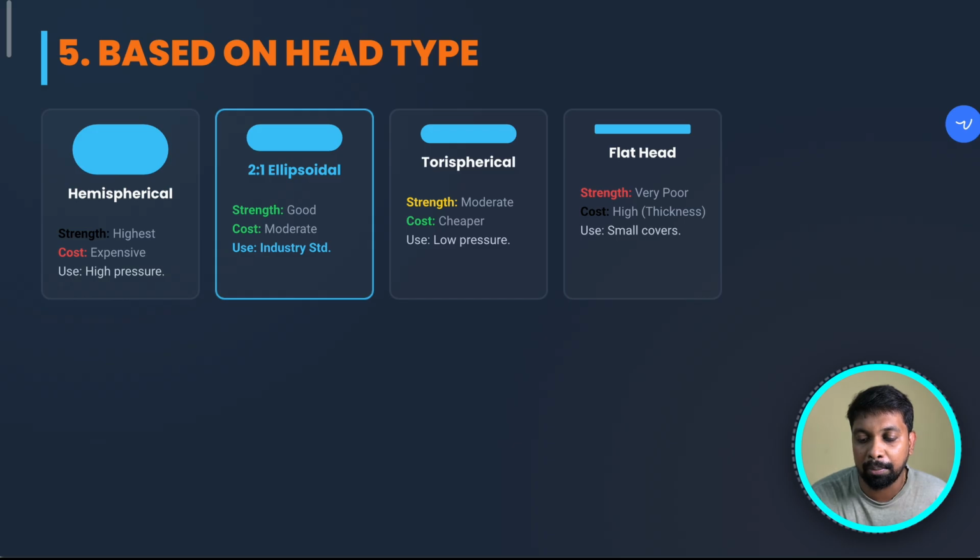Flat heads are most commonly used in small pressure vessels, which are normally used in overhead tanks and those kinds of things. We are able to use these flat heads. And here I have mentioned the cost is very high. That is not due to the manufacturing cost, it is due to the thickness. Even if you are giving a small pressure, we have to design the thickness 4 to 5 times